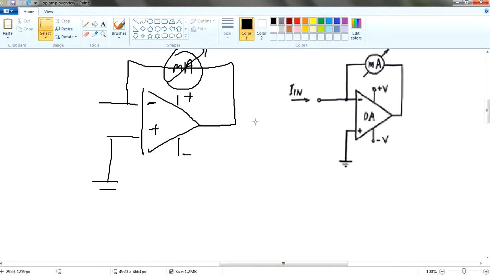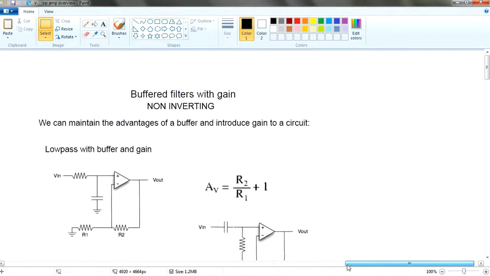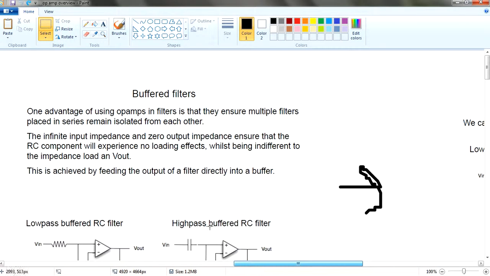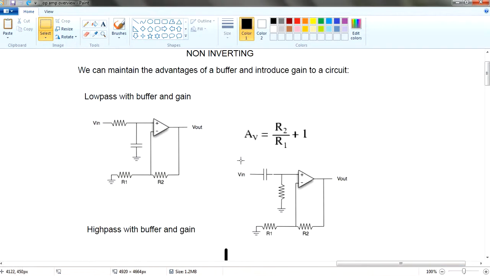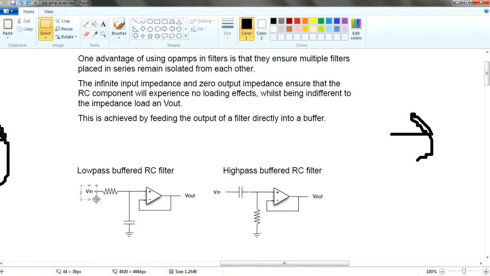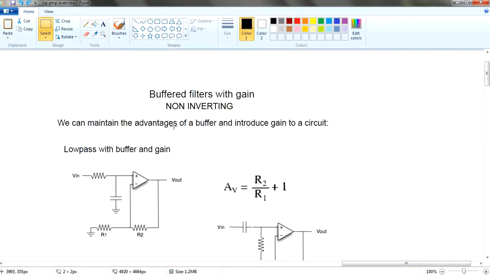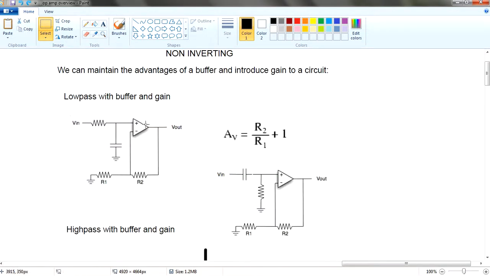That's all. Now let's talk about buffered filters with gain. If you want to amplify your input, you're going to connect your Vin into the inverting side instead of Vin into the positive side, right? If you don't want to amplify your voltage, you can just connect using this one. That's it, a simple one. If you want a gain, an amplified gain, you actually connect your Vin into the